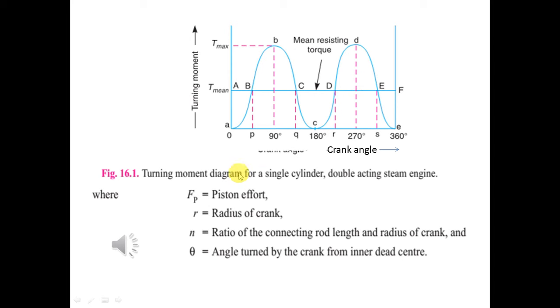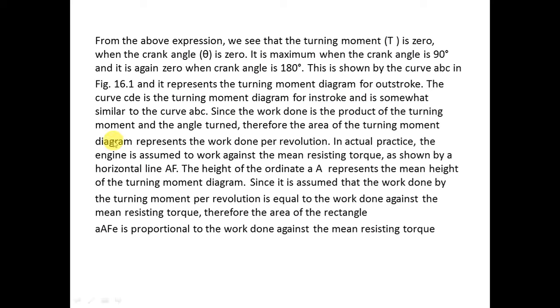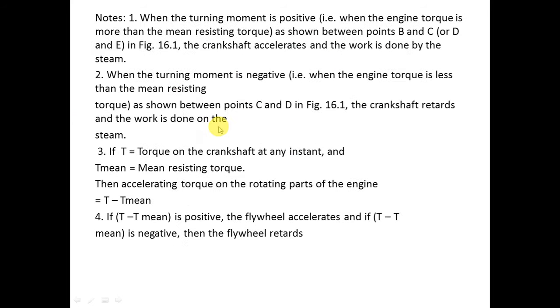When the crank moves from 0 to pi, and again from pi it makes a full revolution of 360 degrees, this forms the work done per revolution. It starts from 0, moves 180 degrees, and from 180 degrees it further moves to 360 degrees. This represents the work done per revolution of the crank. Since the work done is the product of the turning moment and the angle turned, work done is always given by the product of